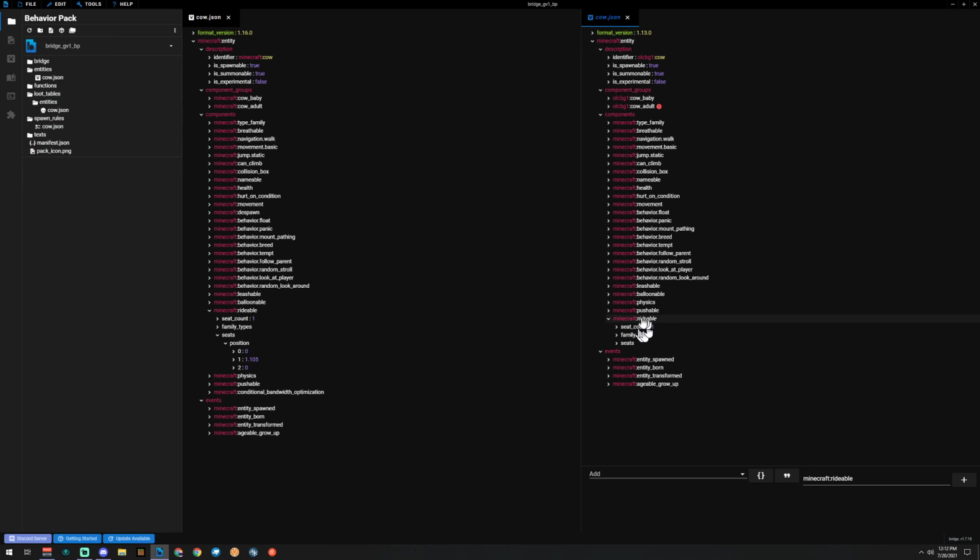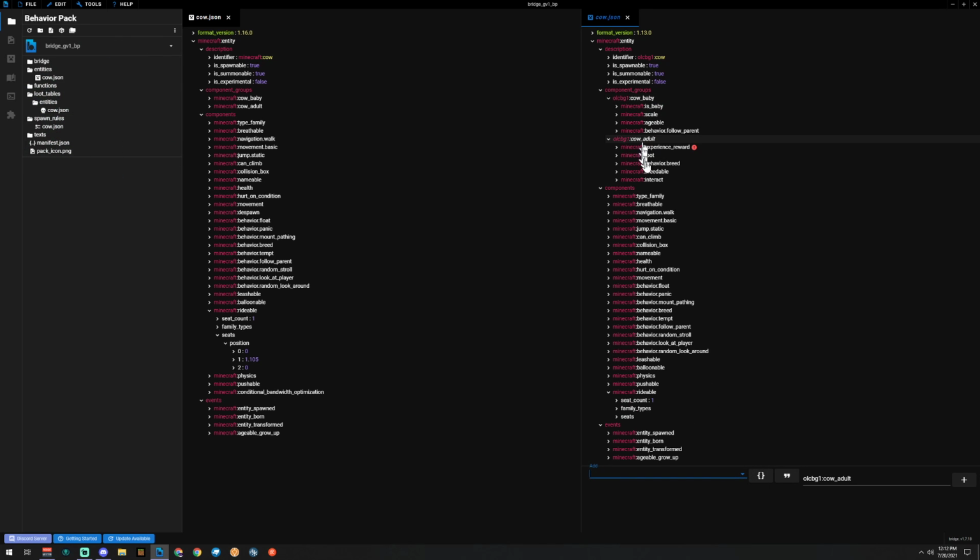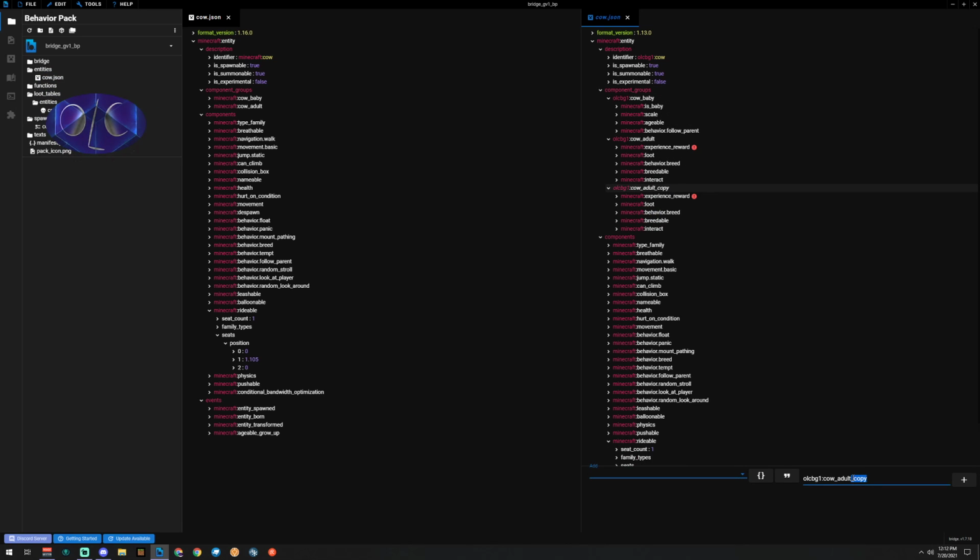If you want to duplicate this and make it something else, you can right click and do paste, and it will add copy to it. So then I could come in and make this whatever I want. Typically you do that for like a group. So like if I have up here this baby group or adult group, and I want to change this and I want to make a different version of this. So maybe I want to have adult cow